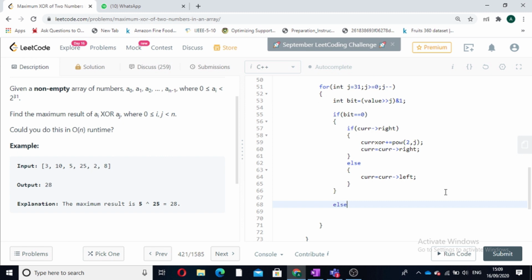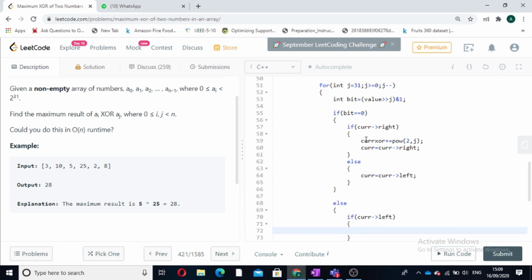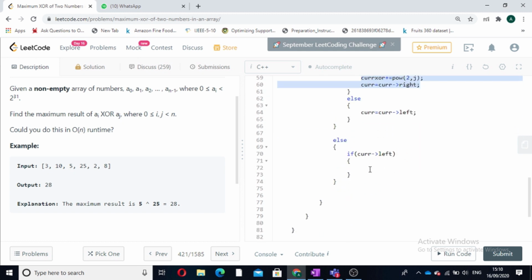What if the bit was 1? If the bit was 1, then we have to form a XOR equivalent to 1, so we have to move towards the left side. If current left exists, then that value will contribute to our current XOR answer, and once the current XOR answer is updated, we will move to our left side.